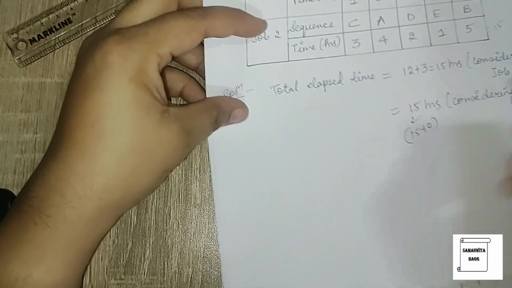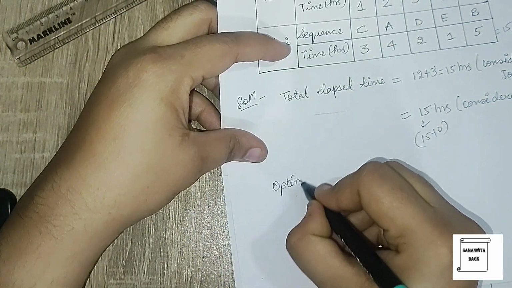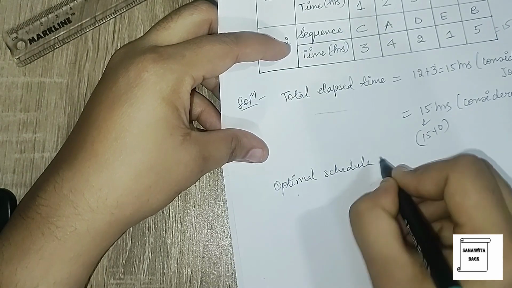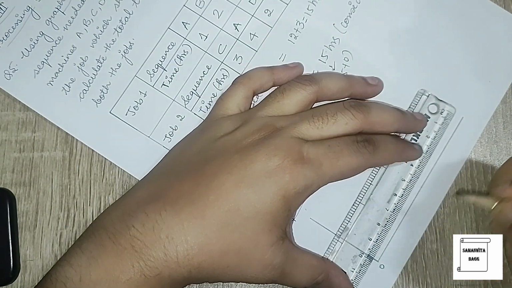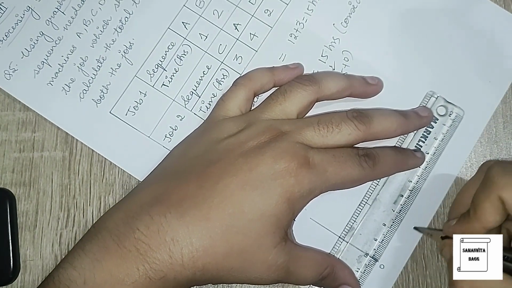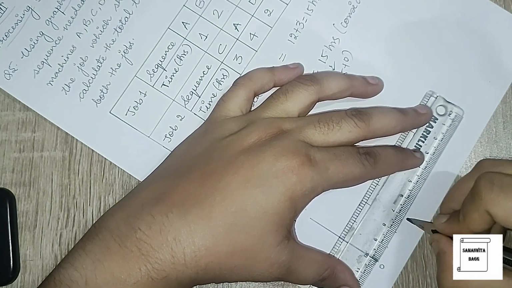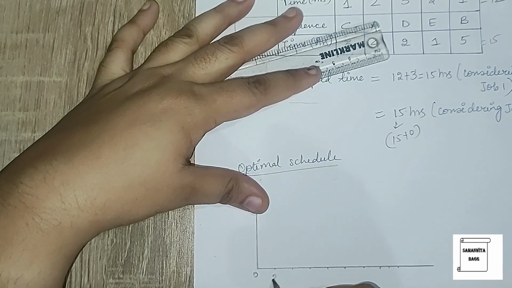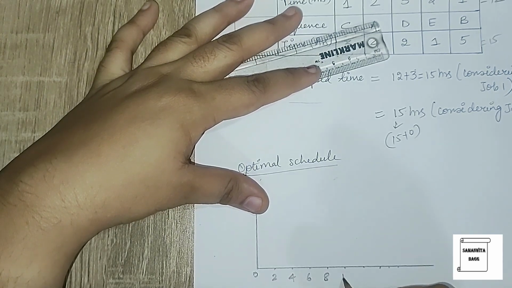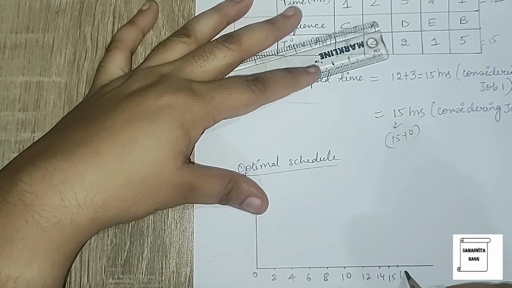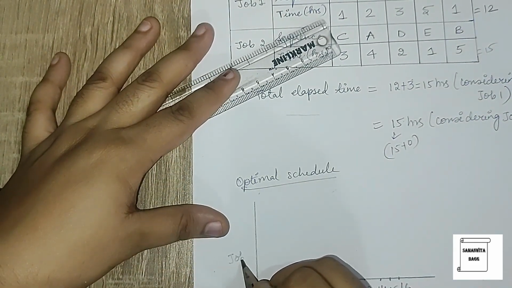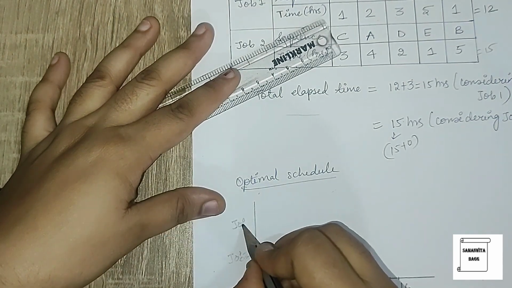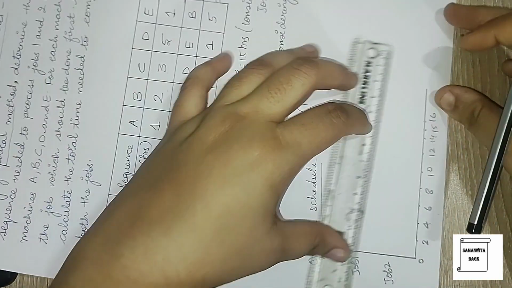Now we will choose the optimal schedule. So we need to draw that. So I will draw this in the scale of 0. Each unit will indicate 2 centimeter. So here I'll draw 0, 2, 4, 6, 8, 10, 12. This is 14. This value over here is 15 and this is 16. I need 15. That is the total time. So I'm writing 15 also. So we will draw for job 2 and for job 1. So I will draw in this way.